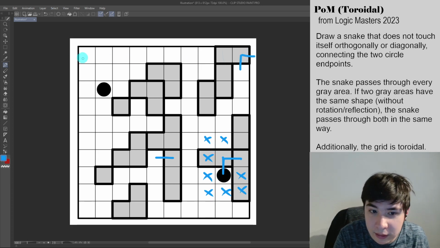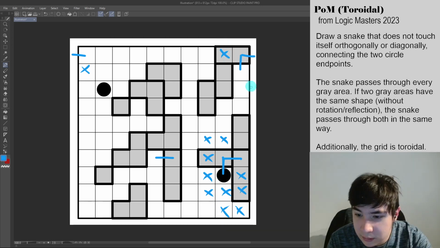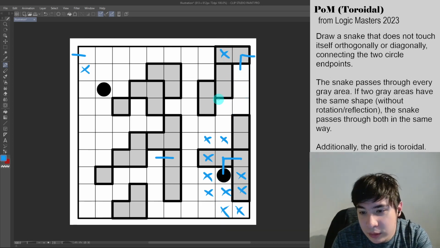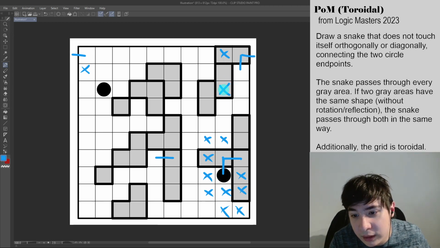It's going to end up going to the right here, which re-enters the grid on this side. We can X out a few cells in these positions where it touches the snake there. Now, I'm going to say that you cannot X this out. There's got to be some sort of line segment here, because what happens if you X this out, this becomes the only snake path that you can make here, but then you have to do the same snake path over